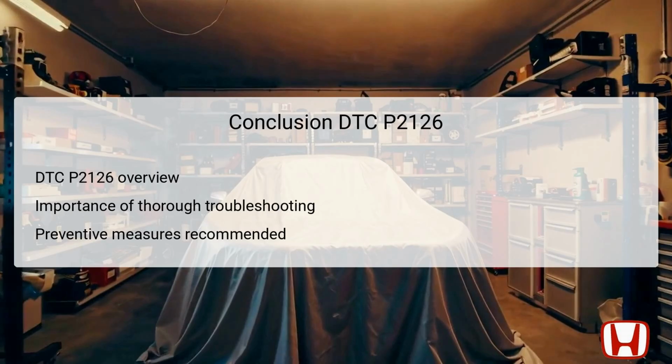Regular preventive maintenance and timely checks can significantly reduce the likelihood of running into this issue again by adhering to recommended practices and consistent vehicle monitoring. Owners can maintain improved operation and longevity of their vehicles. Ultimately, addressing concerns related to DTC P2126 not only enhances performance, but also ensures a safer driving